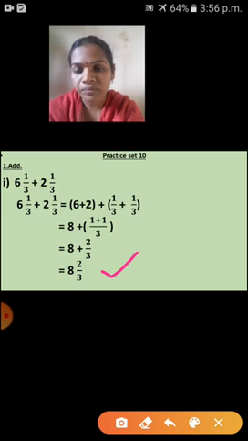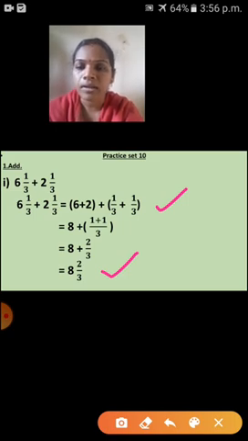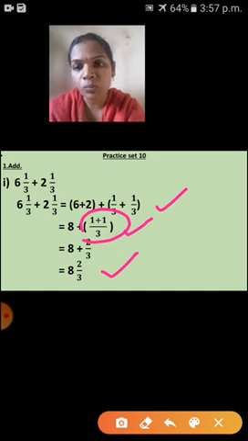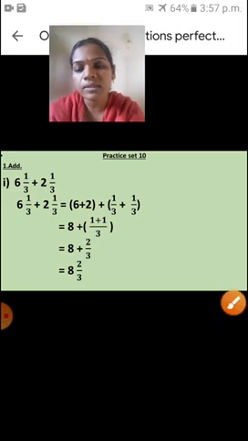So it's so easy. Addition of like fraction, what you have to do? Whole number part you have to write together and fraction part. Next one is what? 6 plus 2, 8 plus, here bracket you have to put. Okay, children, you have to write bracket here. Inside the bracket only you have to write 1 plus 1 upon 3. That means numerator you have to add and denominator you don't add, you have to write as well, because it is a like fraction. Okay, and next one is 8 plus 1 plus 1, what is your answer?